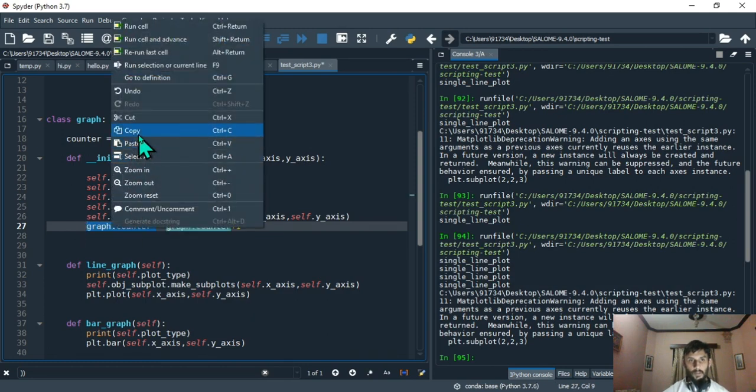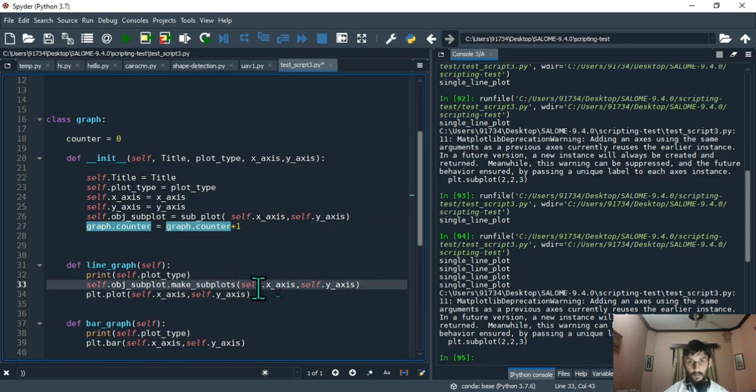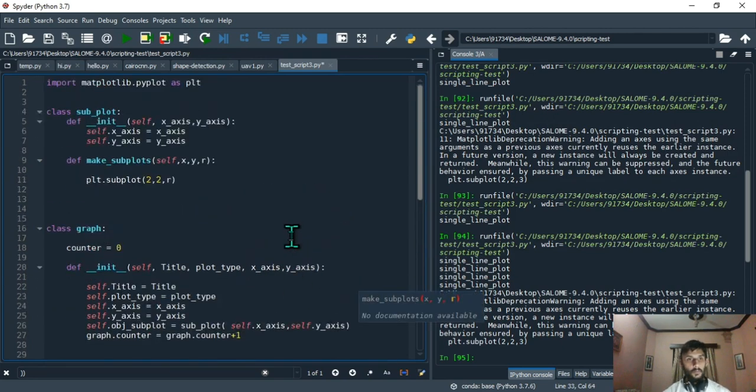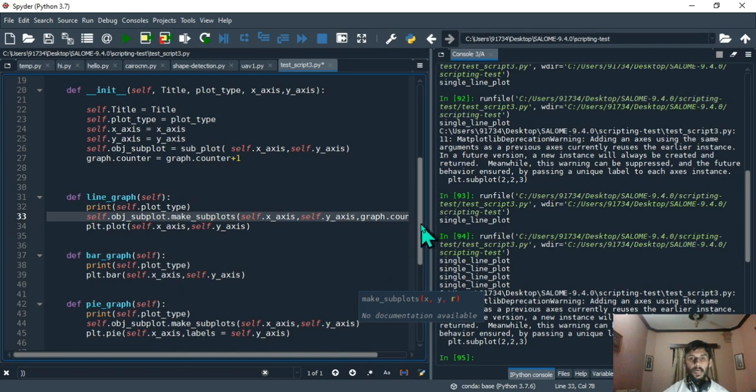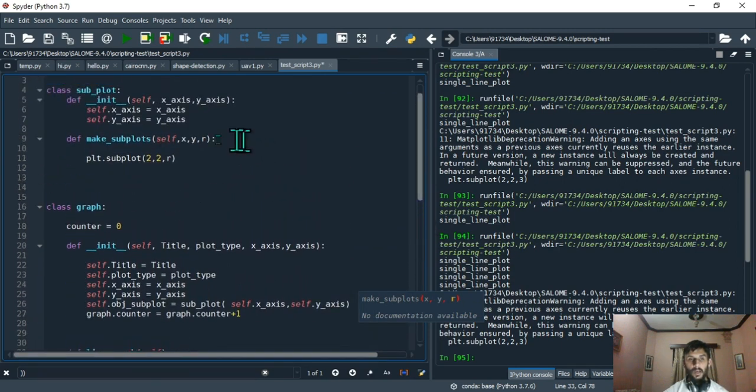So I'm just gonna copy this because this is the variable, right? And then when we try and make in the init function, we have already done our object, we have created our composition. So when we are trying to call the method which is making your subplots, which is your make subplots, all I'm gonna do is give this variable as an argument, and then it should also have a variable to receive the argument. Well, that's your variable there, r.